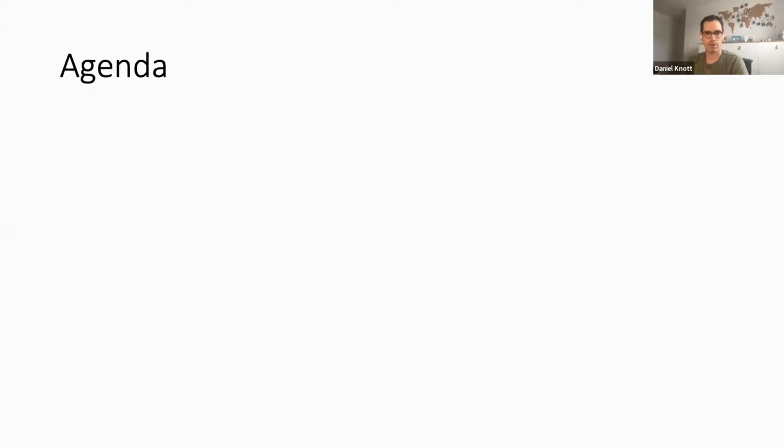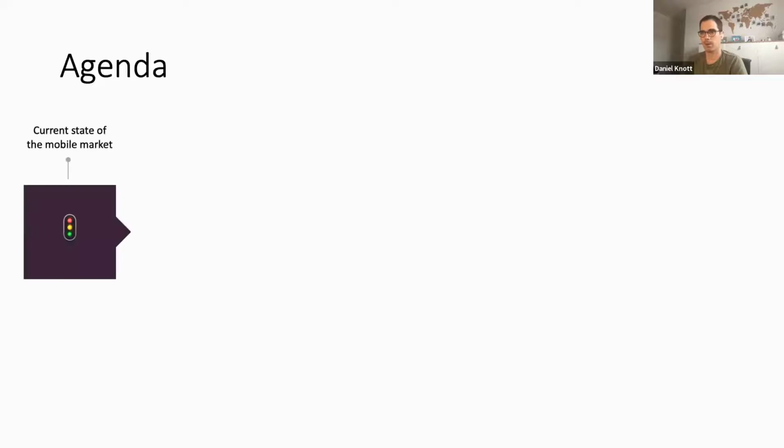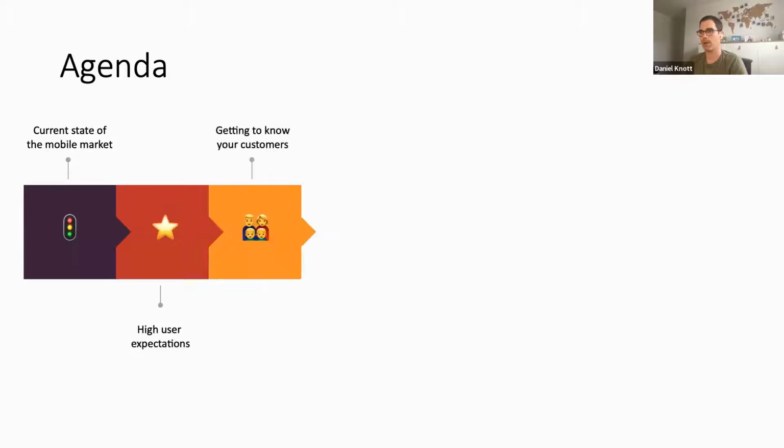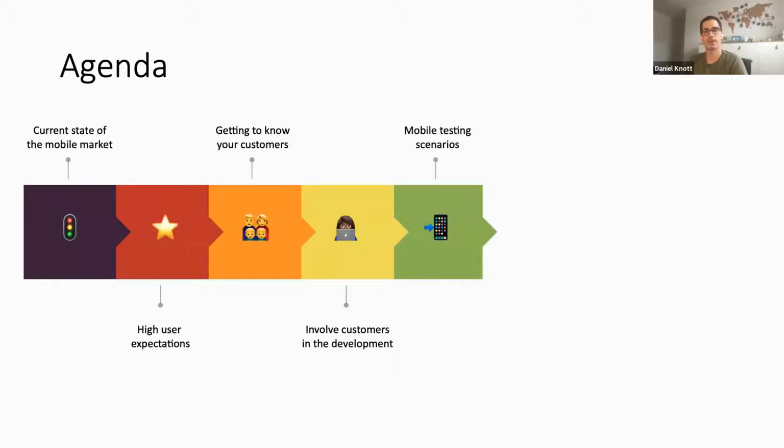So what's today's agenda all about? Today, I would like to talk about the current state of the mobile market, to use this as a starting point for today's webinar. I want to talk about users' expectations when it comes to mobile. I want to talk about getting to know your customers, what you can do in order to get more information about your customers, to learn from their habits and to improve your testing scenarios. I will also talk about how to involve customers in the development phase. There are some techniques that you can use in order to involve them in the current development and to get some feedback. I will talk about mobile testing scenarios for sure, like what is important to test on mobile devices